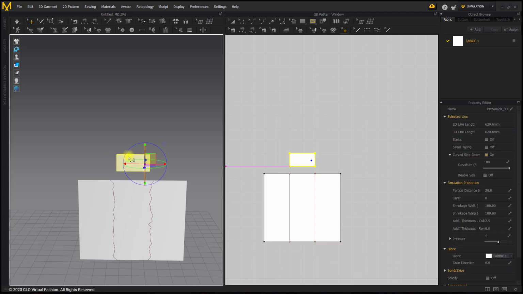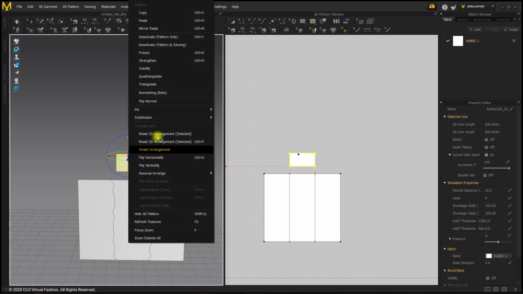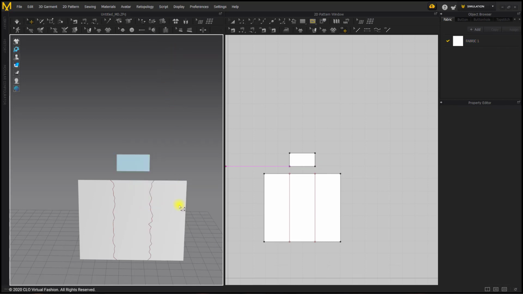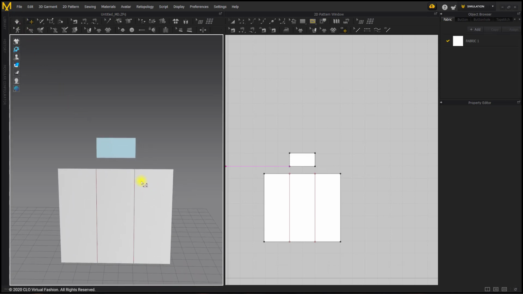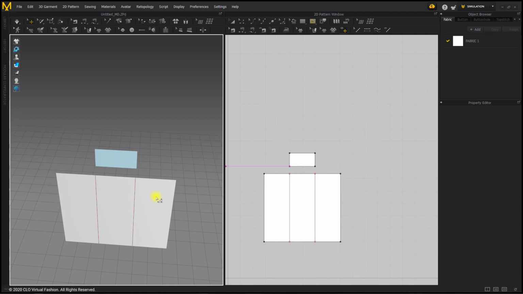And then let's go ahead and right-click in the 3D window, the stationary pattern piece, and choose Freeze. And now you can see that we've merged those pattern pieces together. It's a little bit squiggly in the 3D window. Just go ahead and simulate for a second, and it'll get that piece right in place. So now,